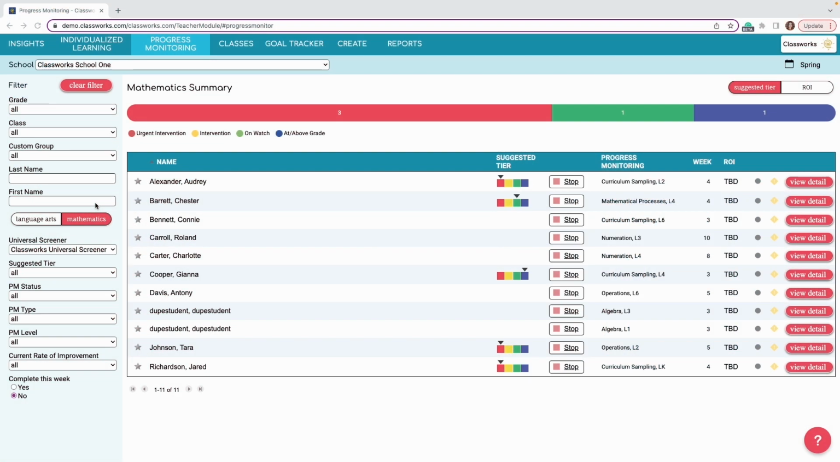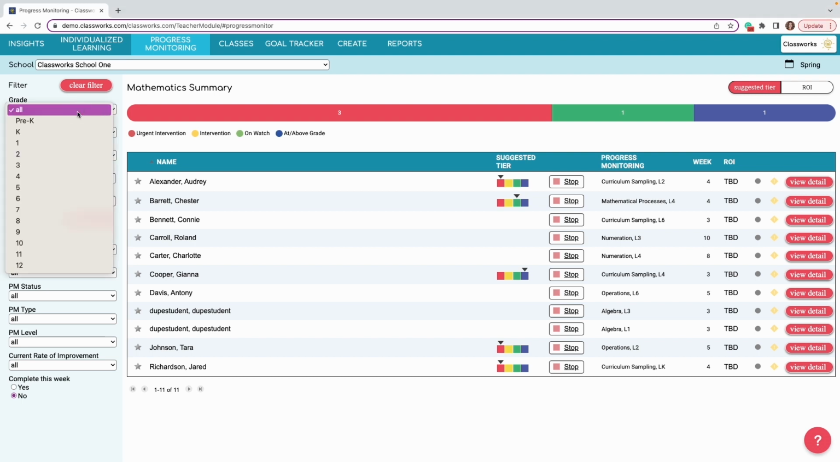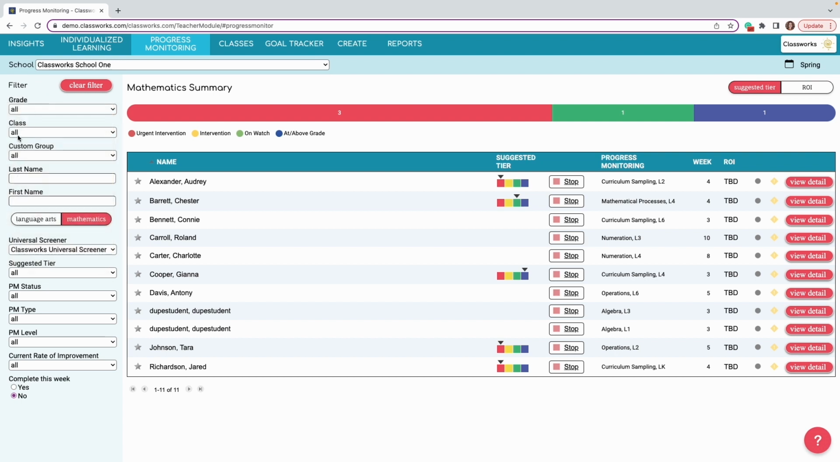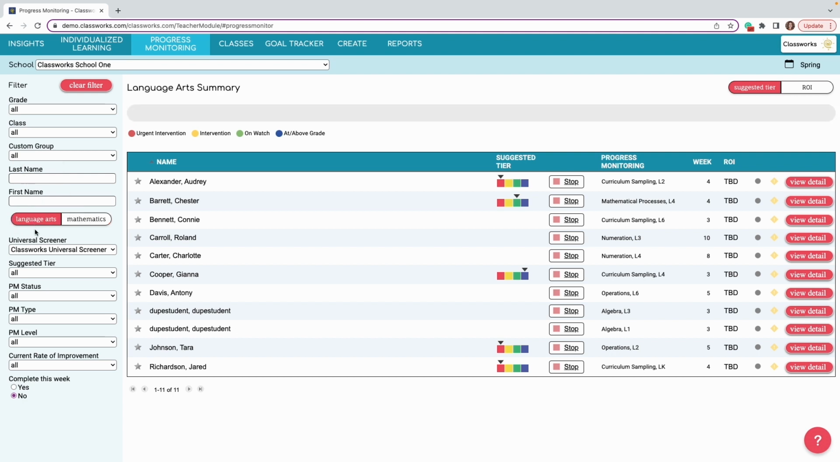The filters to the left of the progress monitoring page make it easy to check the progress monitoring status in Classworks. The filters, which automatically populate when selected, are grade. This is the actual grade level of the student, not the intervention level. Class, custom group, which the user creates, last name, first name, subject, so either language arts or mathematics,